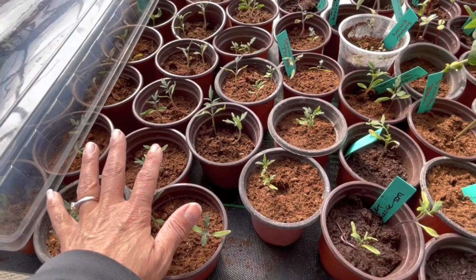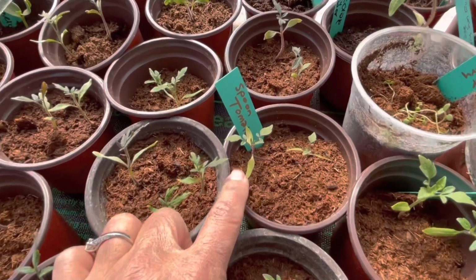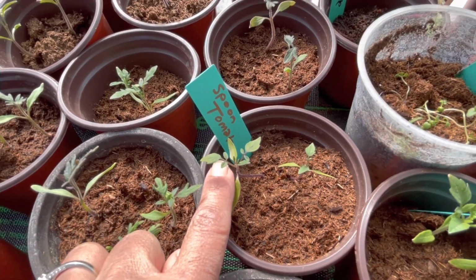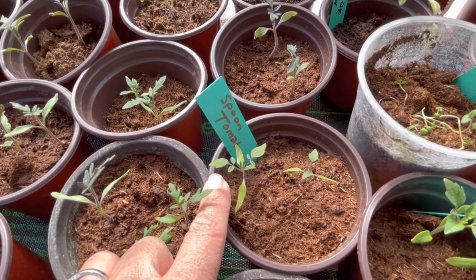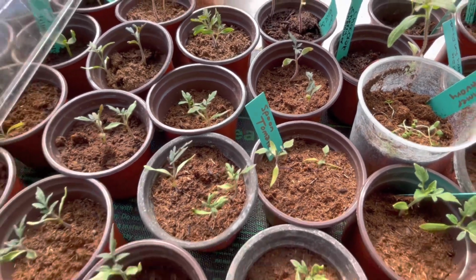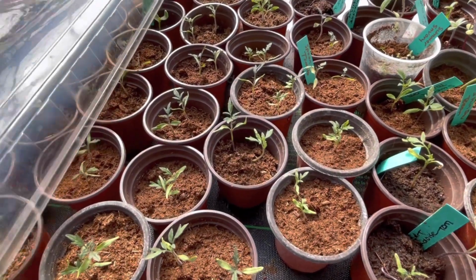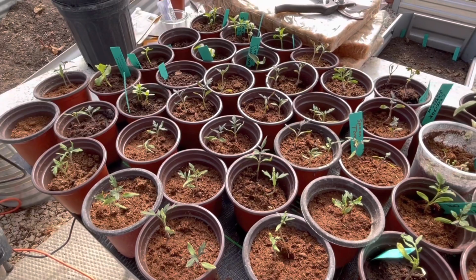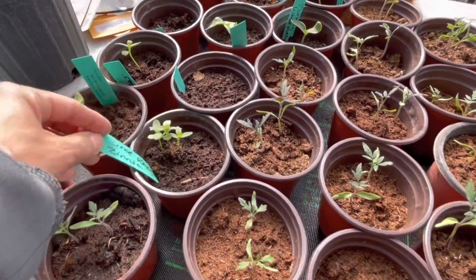So these are going to be the celebrity tomatoes that I've transplanted. I've got one little guy in here, and he is called a spoon tomato, so they're no bigger than a currant. You can put lots of little baby tomatoes, probably about as big as a blueberry, I'm going to say. That's why it's called the spoon tomato. They're very, very tiny. But all of these, I'm going to take a few of these and probably most likely share the celebrity tomatoes with others. They're very reliable. I really like them. And then here,